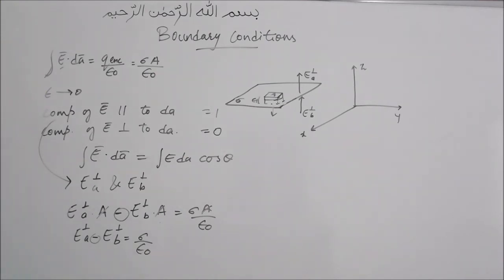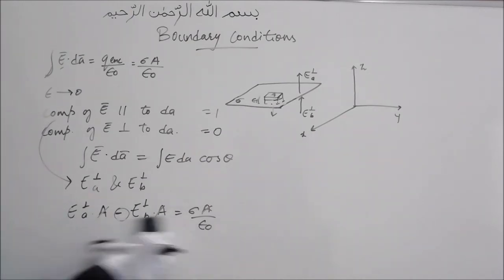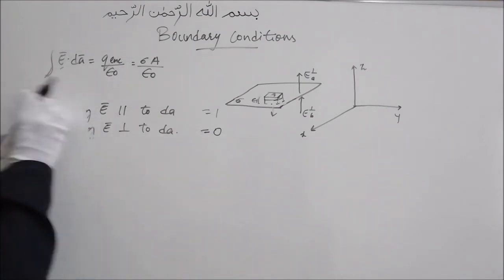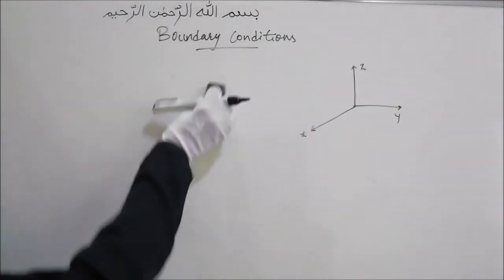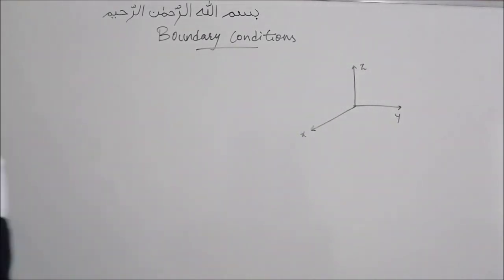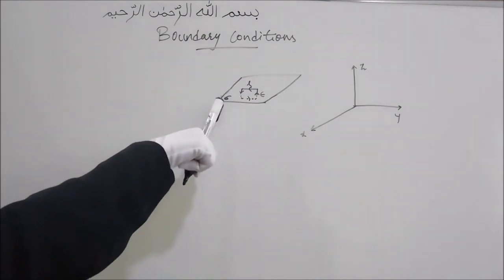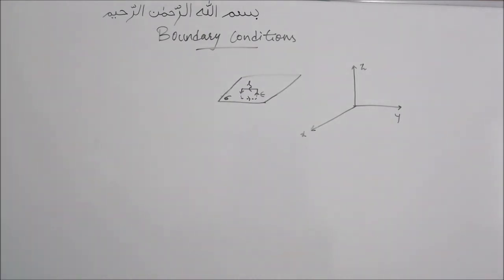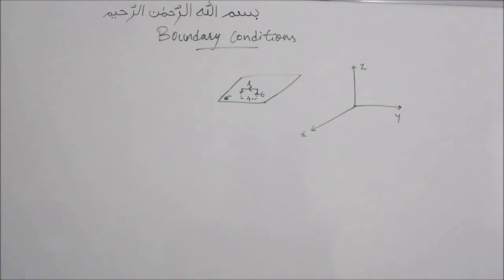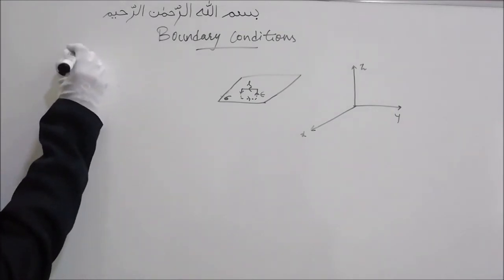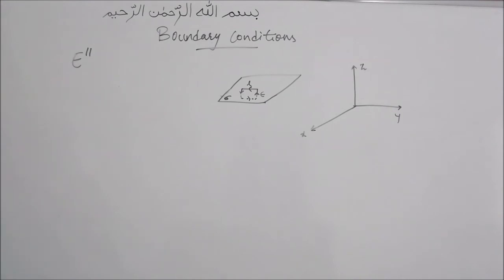This means that as we cross this surface charge, the perpendicular component of electric field is discontinuous by an amount sigma upon epsilon naught. Now let's look at the discontinuity which is provided by the parallel component of electric field, or you can say the tangential component of electric field. Now here again I am having that same plane infinite sheet with charge density sigma. Now I am going to consider a rectangular loop of length L and height epsilon. Now this tangential component of electric field I am denoting by E parallel.